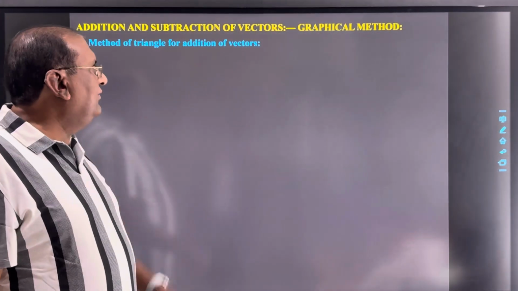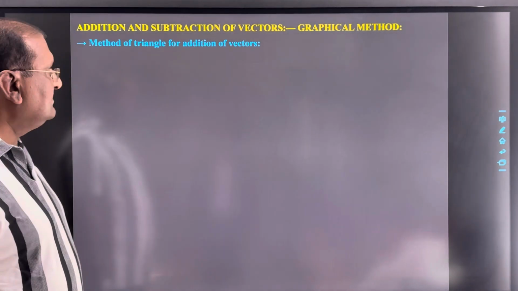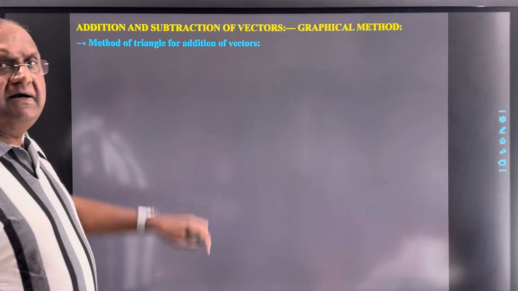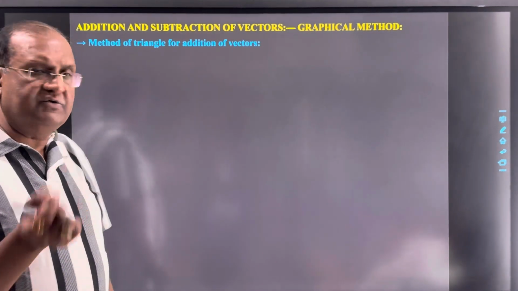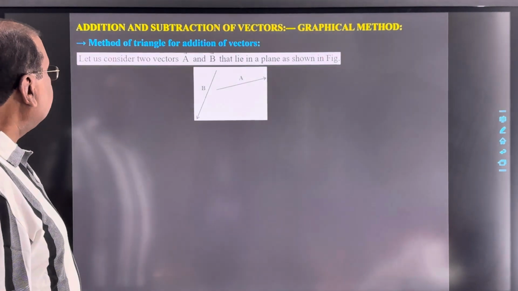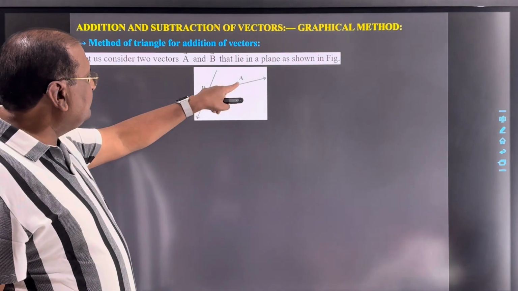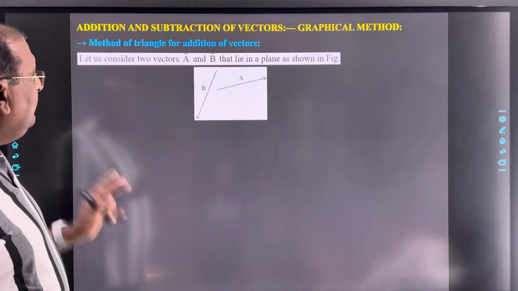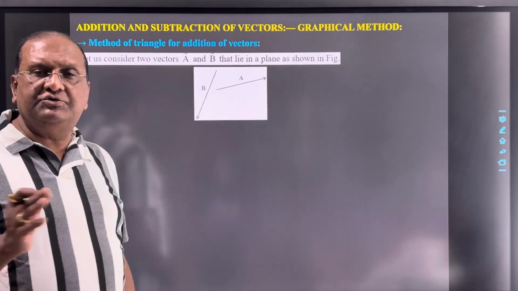Method of triangle for addition of vectors. There are two methods, the triangle method and the parallelogram method. So first we discuss the triangle method. Okay. Now see, suppose we have two vectors, vector A and vector B, and we want the summation of these two